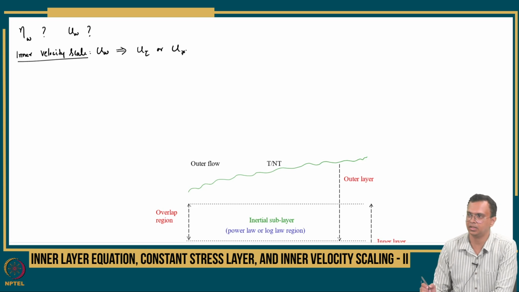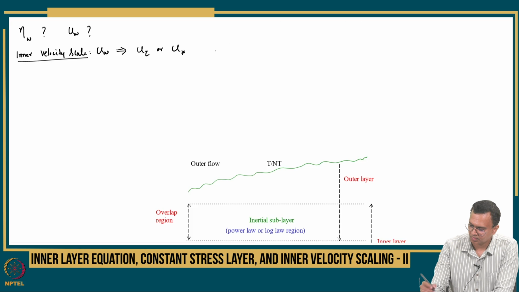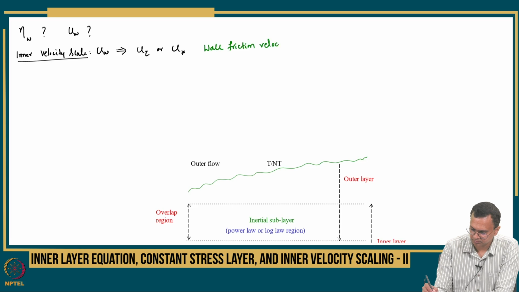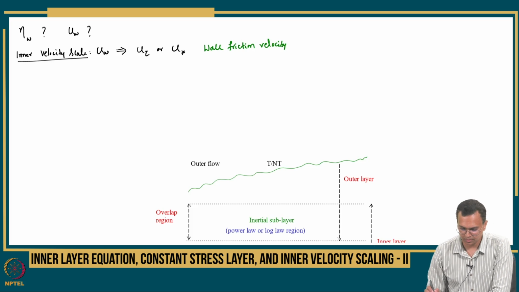uw is usually represented in literature as u tau or u star. Some of you asked many lectures before, the URMS divided by u tau, what is that u tau? So this particular u tau or u star has a name which is called, we call it wall friction velocity. Okay, and u tau by definition,